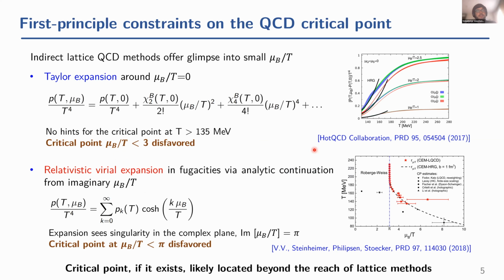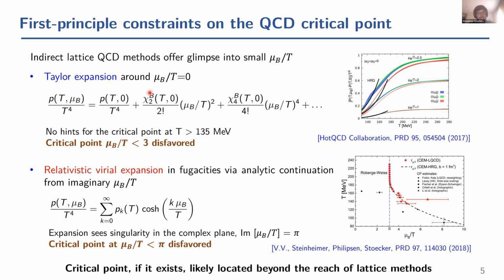But maybe just before we jump to heavy ion collisions, I will just mention some constraints on the location of the QCD critical point in more quantitative terms, which we do have from lattice QCD, so from theory. And this is based on a couple of indirect lattice QCD methods to study finite baryon densities. And both of them are basically based on extrapolations. On one hand, you can consider Taylor expansion of the QCD equation of state around zero baryochemical potential. And you can do this because expansion coefficients are calculated at zero chemical potential, so they are accessible by lattice QCD.